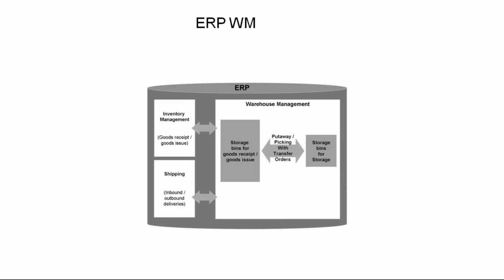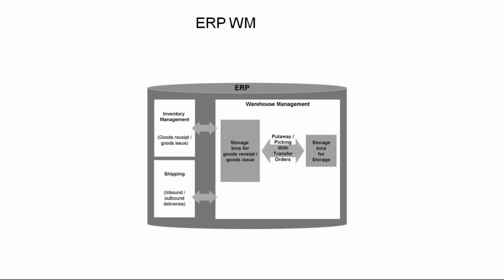Let's say, while receiving, how do I receive the stock? I can receive the stock against a purchase order, or I can receive the stock against an inbound delivery or outbound delivery also. There's a possibility of receiving it multiple ways. That depends on the business requirement and business process that you are working on. Now, how we are saying that WM is tightly integrated is because we have an integration between IM and WM through movement type integration.